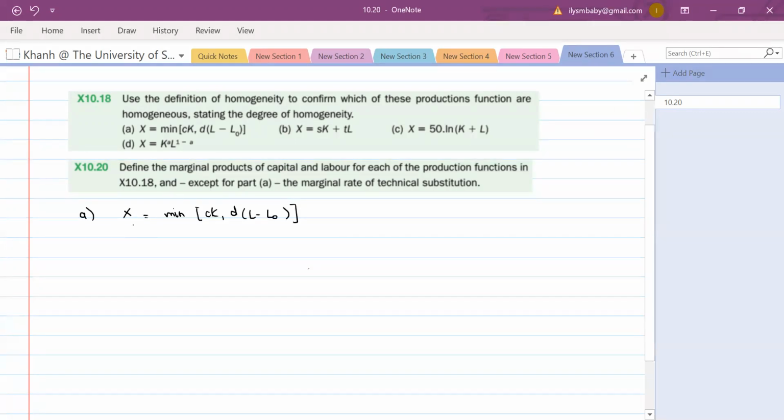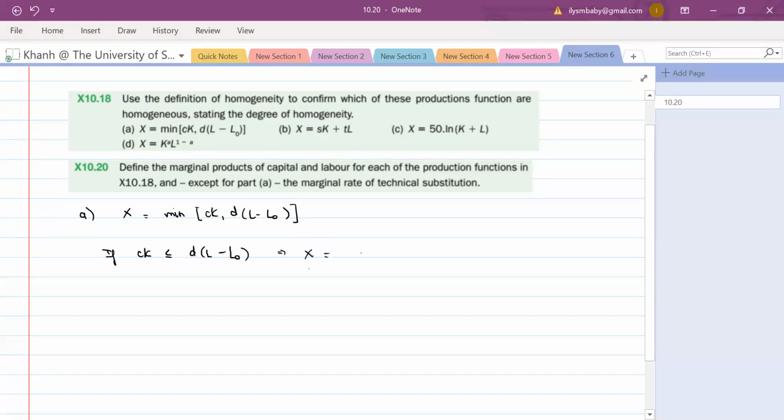In order to find the marginal products of capital and labor for this production function, we will have to divide into a few cases, whether CK is smaller than D(L minus L0), bigger or equal. Now if CK is smaller or equal to D(L minus L0),